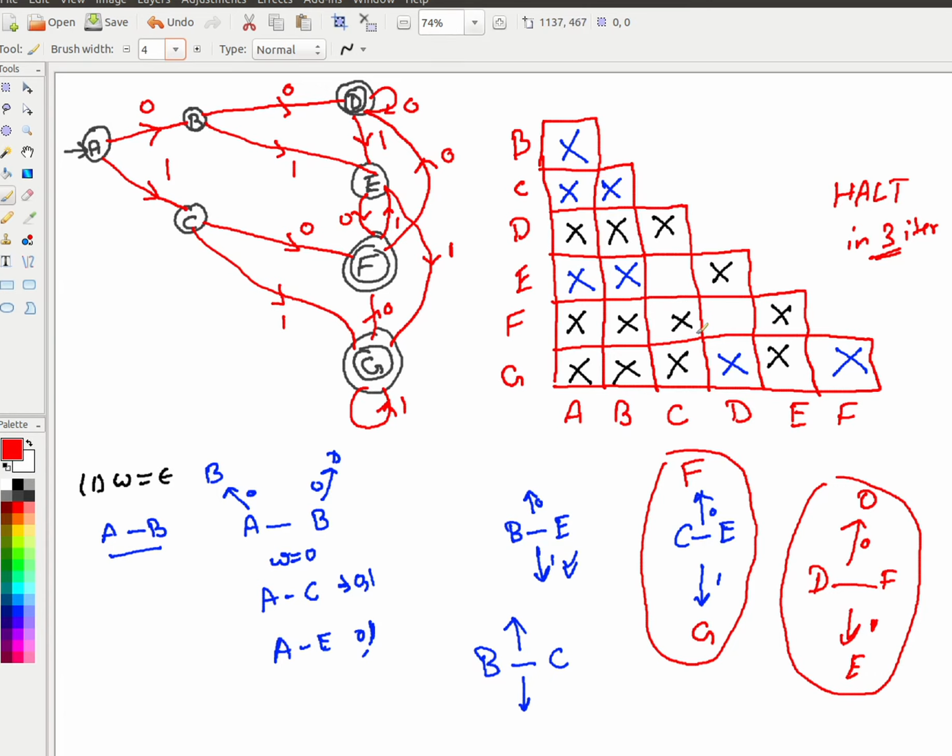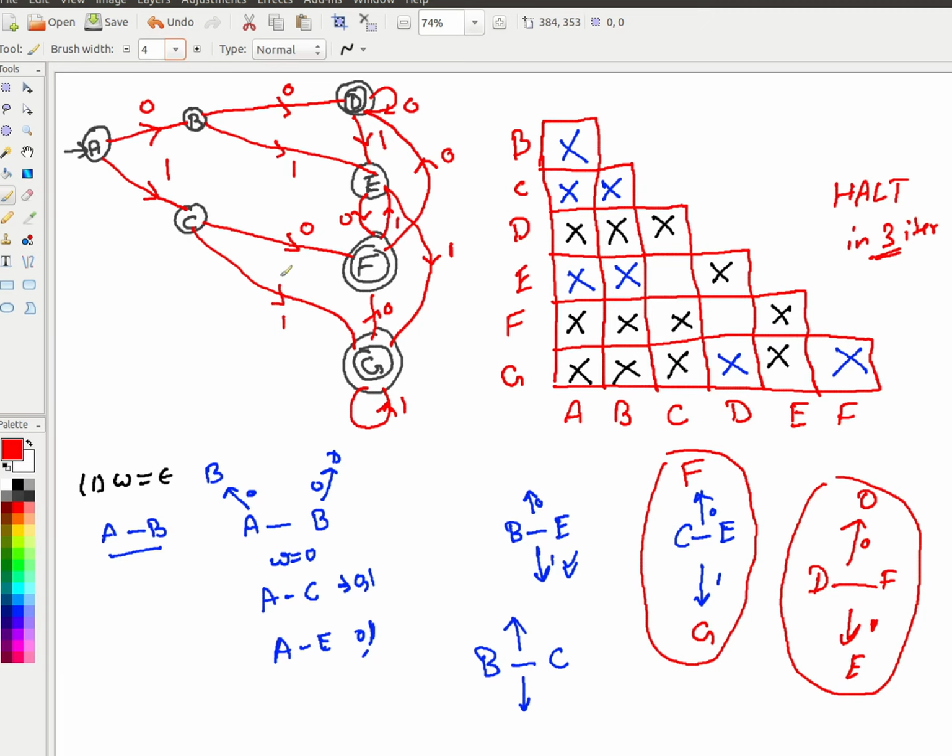Now, if you get any marking in the third, you have to go for the fourth, because the newly added marking might distinguish a few more pairs. That is the whole reason. And if you look at the exact distinguishing length for a pair, it is marked in the corresponding iteration. So the first iteration is of epsilon length, basically 0 length. In the second iteration, whatever distinguishability you have achieved is because of a string of length 1. In the third iteration, you will get length 2. Fourth, you will get length 3, and likewise. Right? So we halted here.